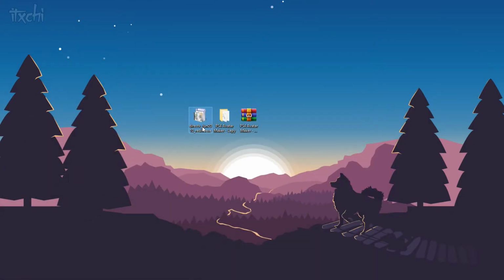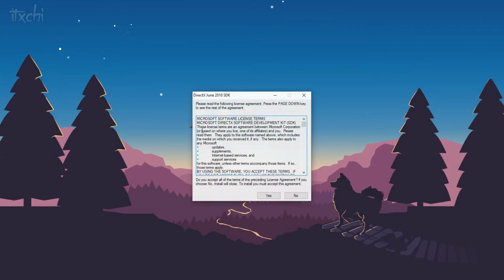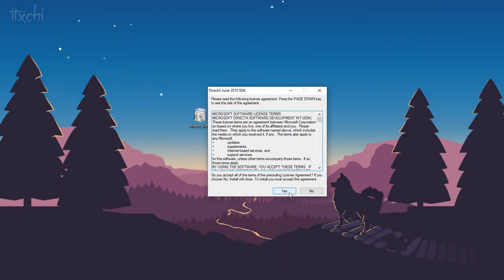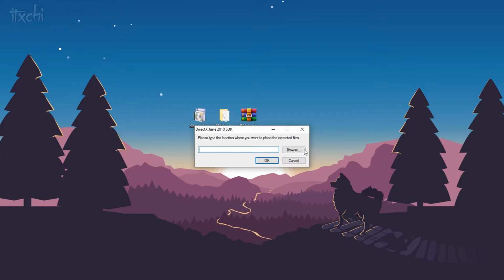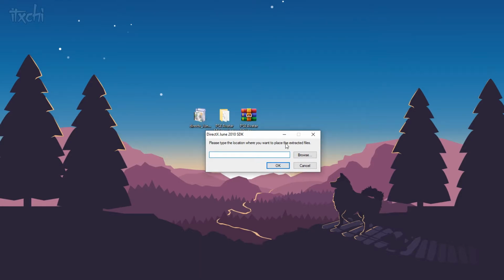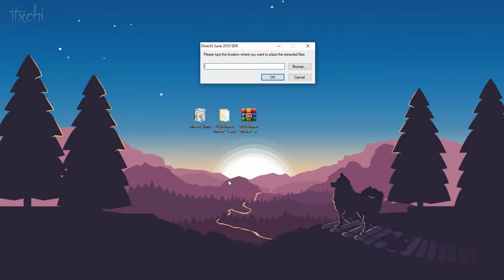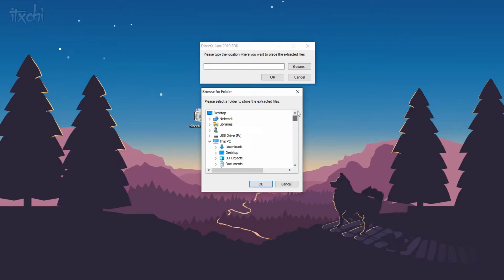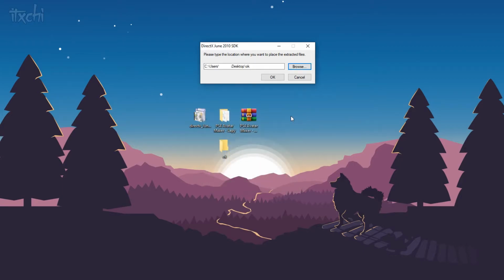So here we go. Here is the .exe file. Just to open it up here, I will show you that it works. It's fine, right? So then here, all you would do is find the location you want to place the extracted files. So in order to do this, I will just make a new folder. I'll name it OK. Then you just want to browse your computer here. It is on my desktop, and it is the OK folder. So you click OK,